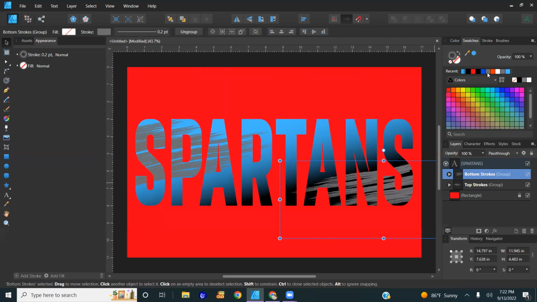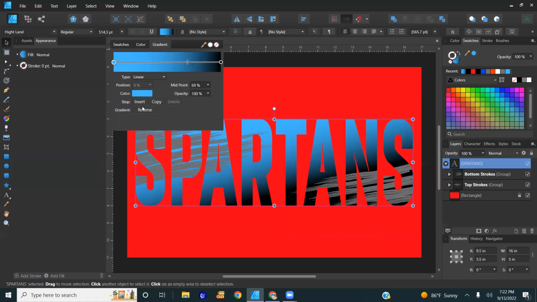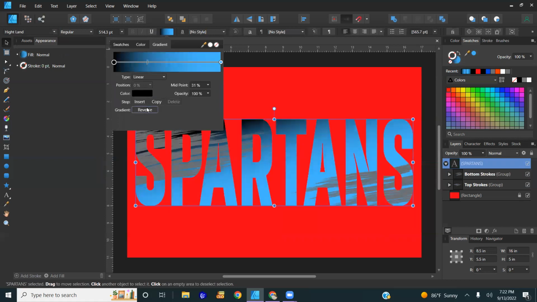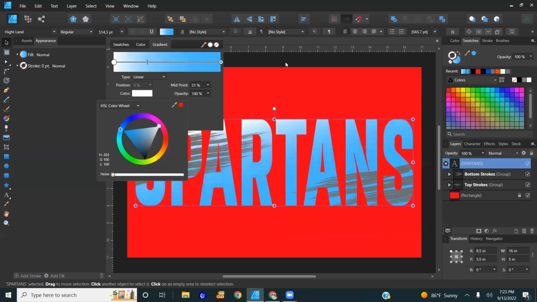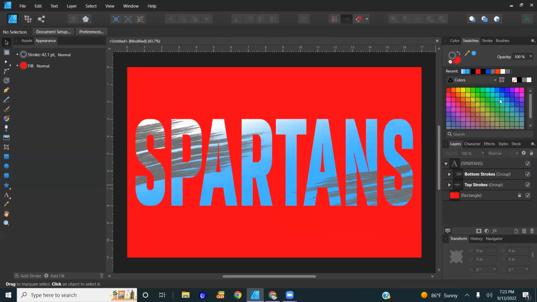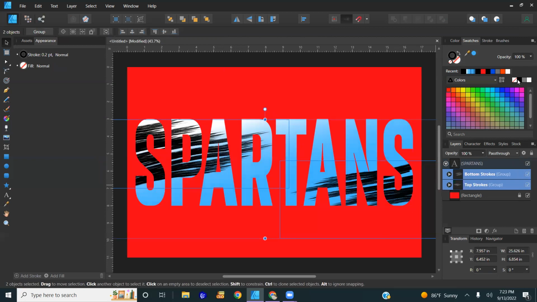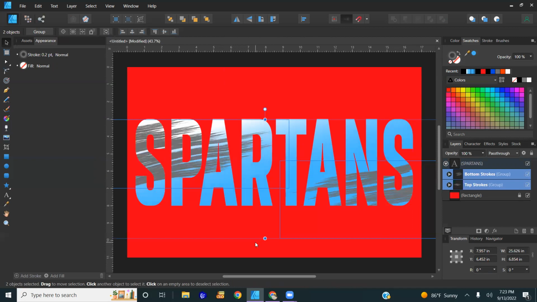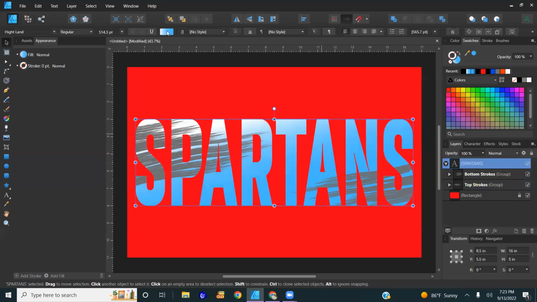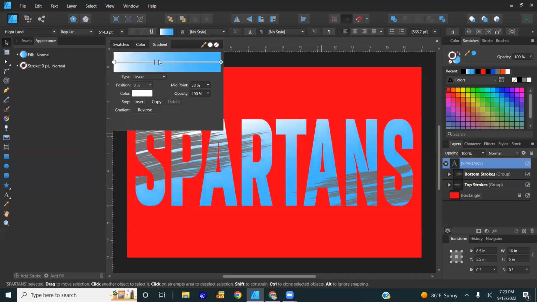With the gray. If I grab these and flip it, reverse, and let's go back with the white here. And then instead of gray strokes, let's see what it looks like with the black. Don't like that either. I do like the gray, but I think I just need to get my gradient right. And I'm going to add something. The reason I don't want to use black is because I'm going to use black in a little bit. So I really just need to play and get my gradient